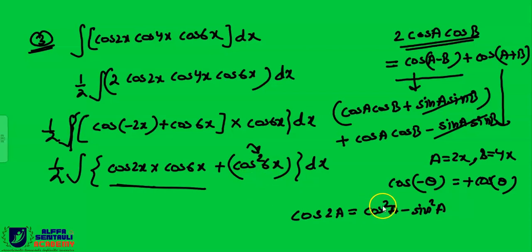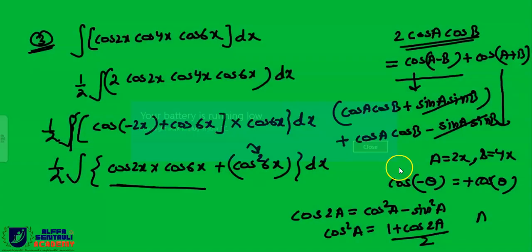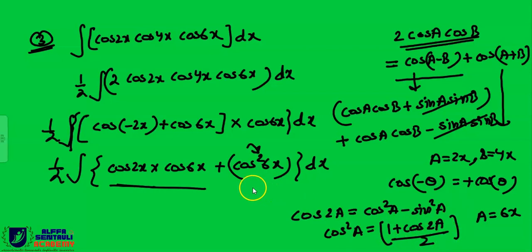Right? So what we can do is replace this cos² by this term. In place of sin²A, I can write 1 minus cos²A. So this can be written in this way. You can directly write cos²A is nothing but (1 plus cos 2A) divided by 2. Correct? Now replace this A by 6x. Got it, Anish? When you replace A by 6x, you will get exactly this: (1 plus cos 12x) divided by 2. And when you substitute this, you can easily integrate. Correct?